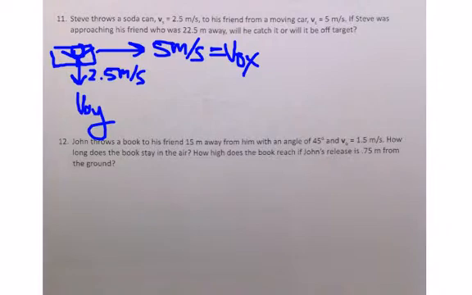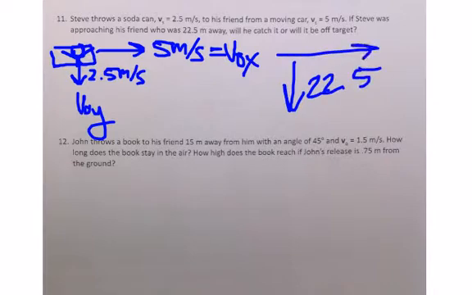However, as I'm reading this problem, I'm realizing this is not a very good problem because it does not give enough information. For example, it doesn't say if he was 22.5 meters away in this direction to the right, or if he was 22.5 meters in this direction. If he was directly in front of the car, well, he's not going to catch it, he's going to hit him. So this is not a very well worded problem, but you should be able to at least identify